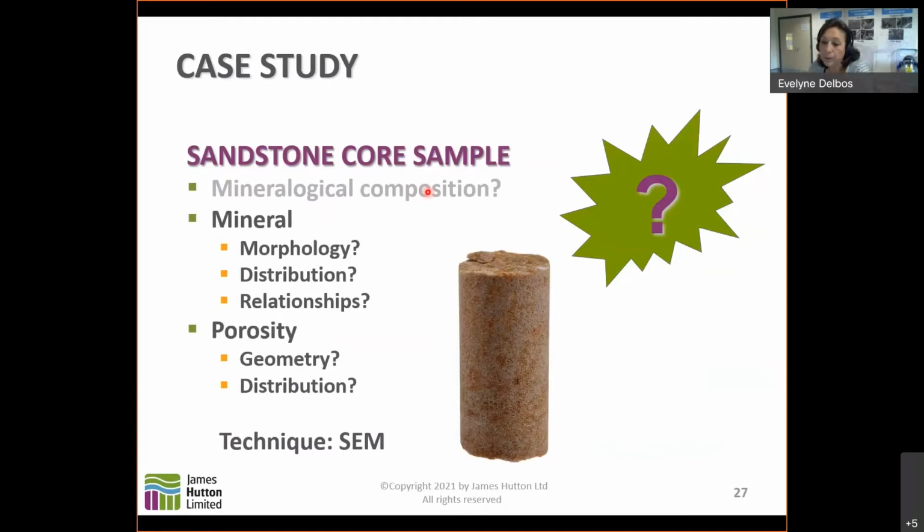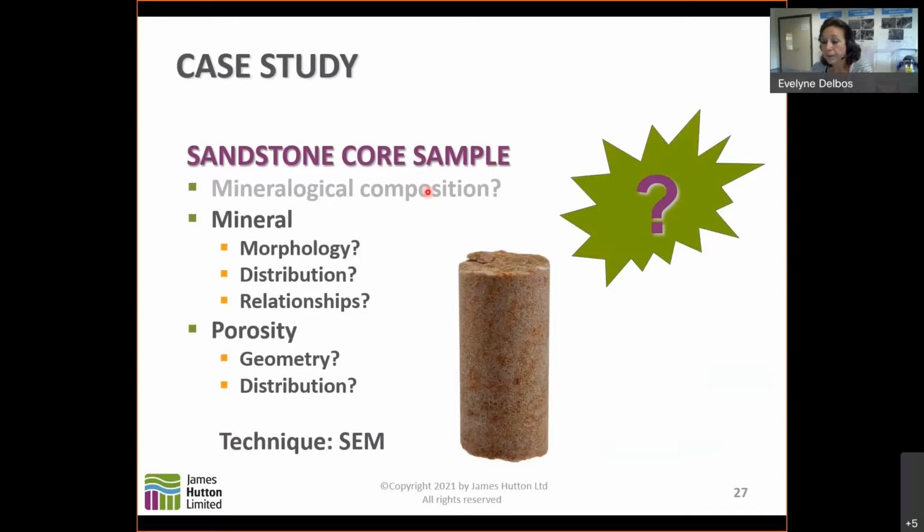This is particularly important for the swelling clays, for example, or for iron-bearing minerals like iron chloride, which may affect the conductivity readings of the formation. You might also be interested in the diagenesis of the sediment, the order of precipitation, how the minerals interact, how the minerals have been replaced,